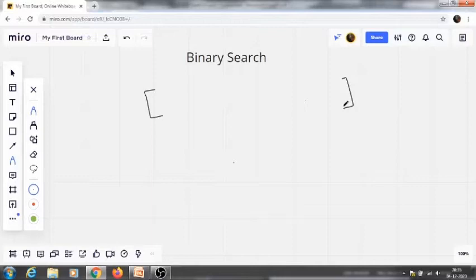In binary search, we have a sorted set of elements. Sorted means it is arranged in ascending order, or in some order. So in binary search, we search for a specific element in any sorted array.